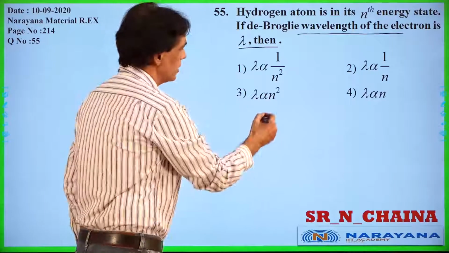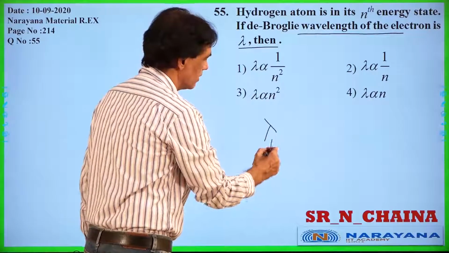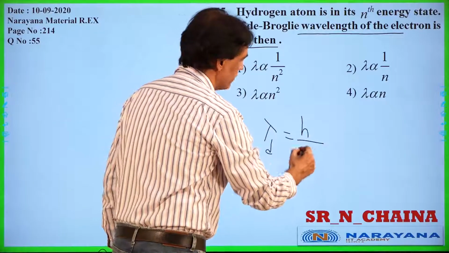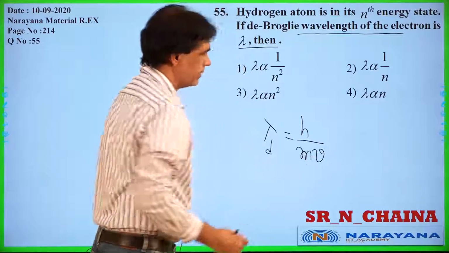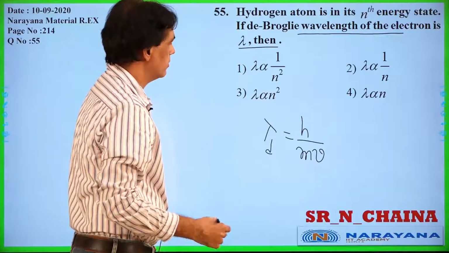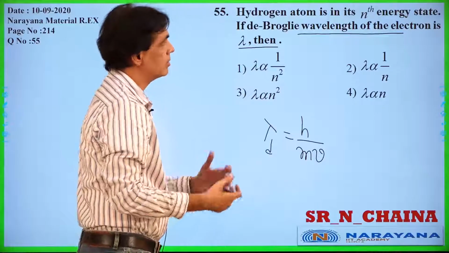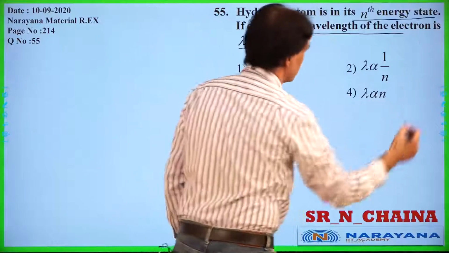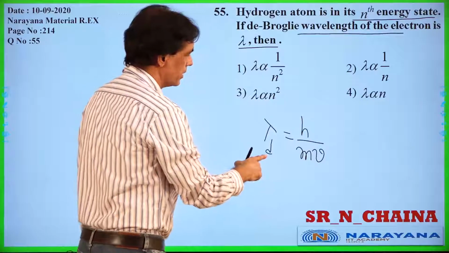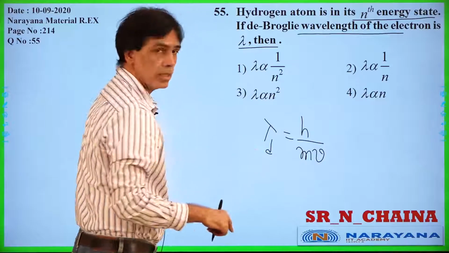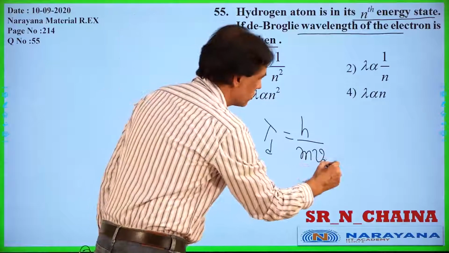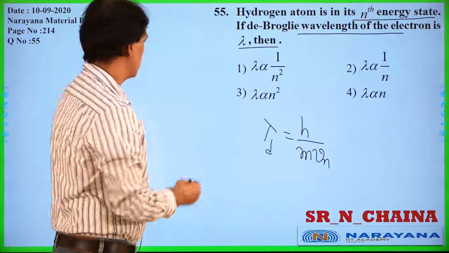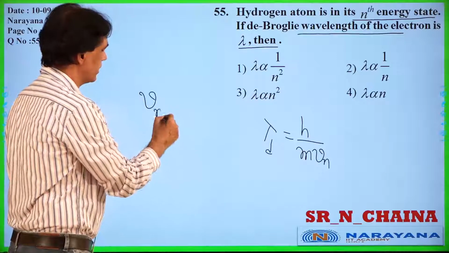That's it. So basically, you know that lambda de Broglie is nothing but h by mv, right? But what is v here? Velocity in that particular orbit. In which orbit? In the nth orbit. In the nth energy state, you find out velocity. If lambda is the nth orbit de Broglie wavelength, then it should be velocity in the nth orbit, and we know velocity in nth orbit is